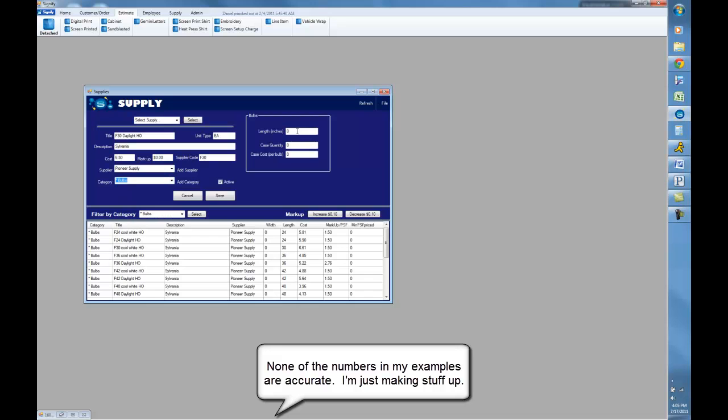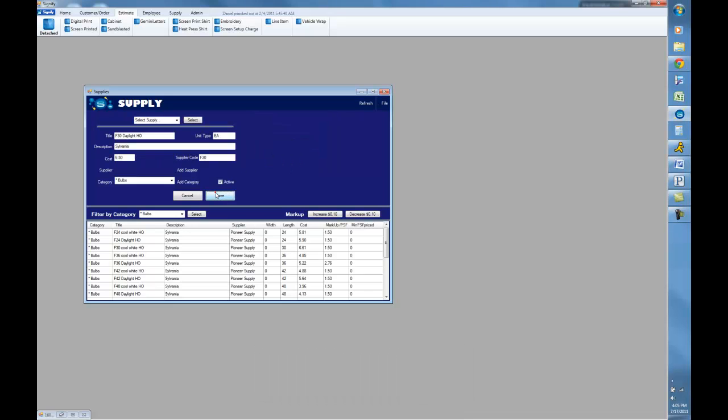That's going to pull up the length. Notice this is in inches. It is a 30-inch bulb, and there are 12 to a case, and if you buy them in the case, the per bulb price would go down to $4.31. And we save that. Let's see that in the category it has been added,